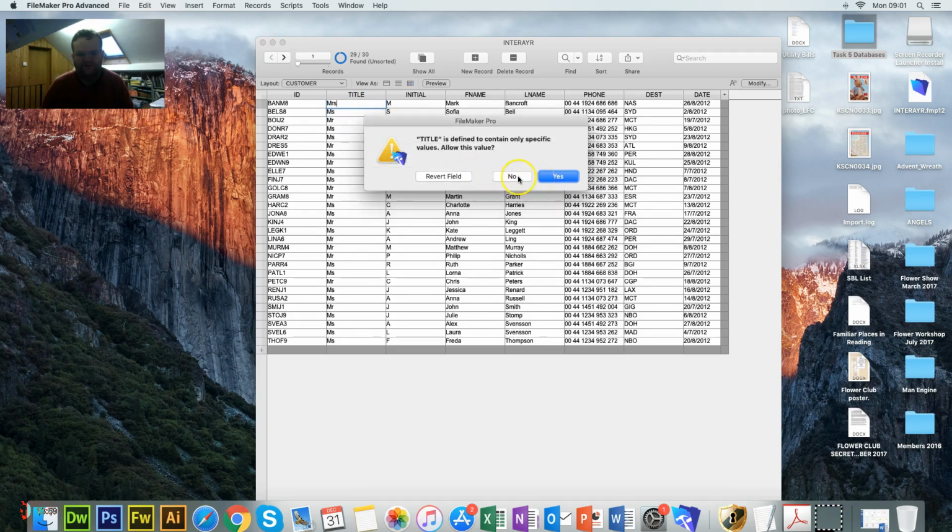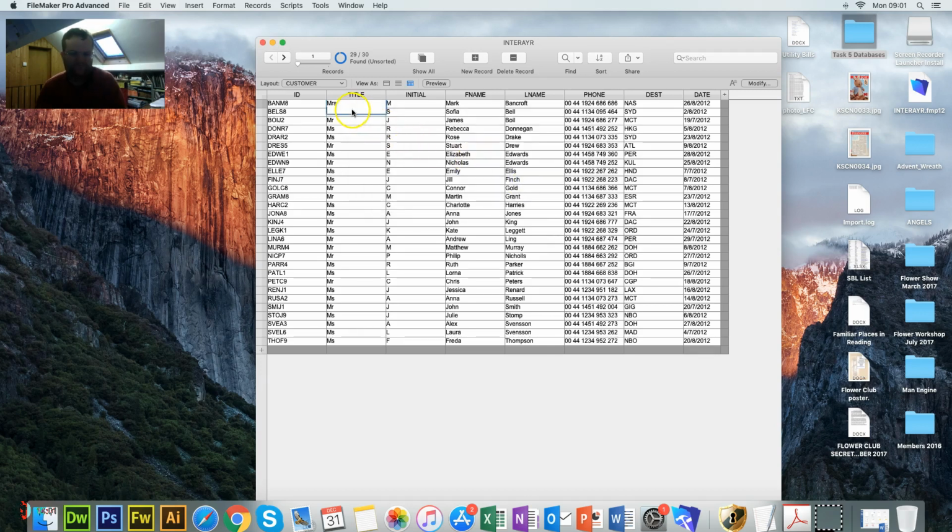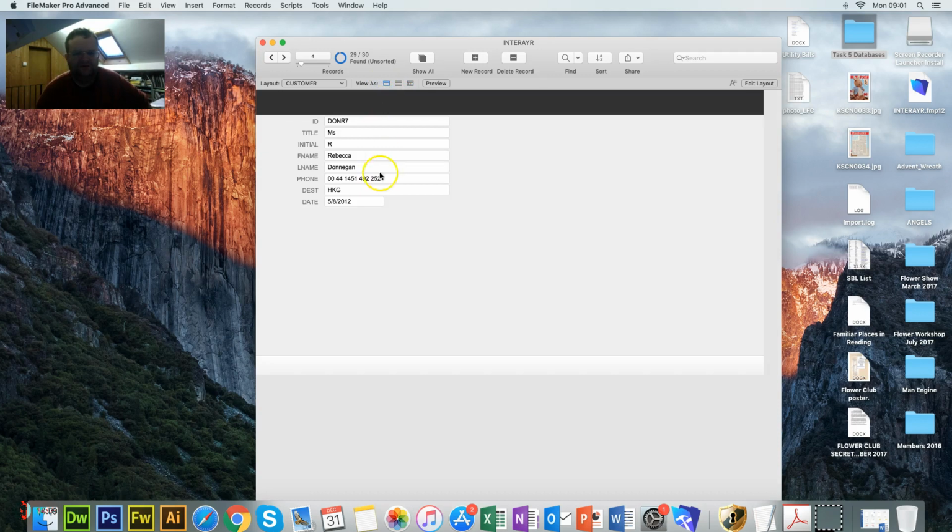Okay. Right. Oops. Like that. So it won't let me have that. So if I go back now to the form view, which is this, I need to turn that into something more suitable. It already creates my form, which is great, but I now need to modify it. So I can go edit layout,